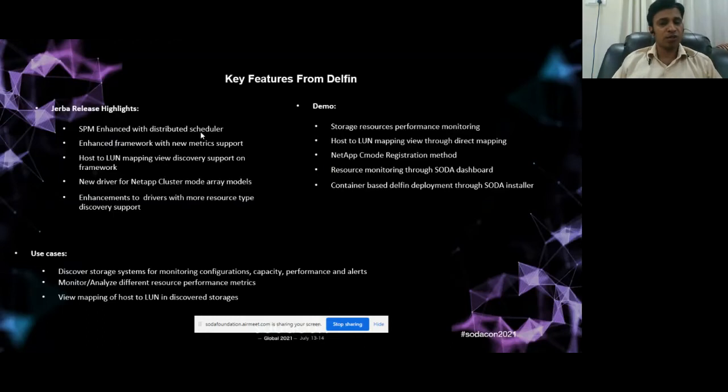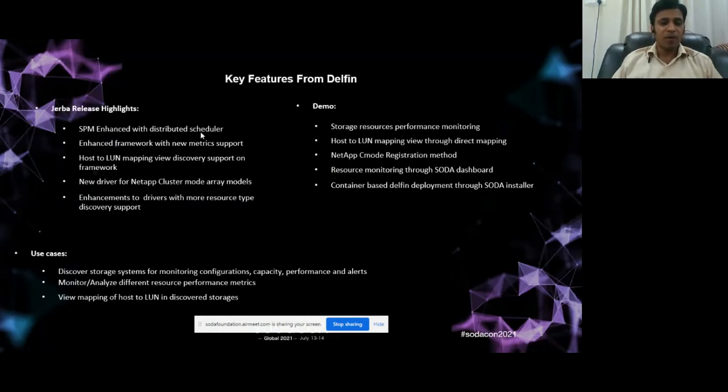So all these resource-level metrics can be supported. Apart from that, the framework is enhanced to support host to LUN mapping views. So how storage host and LUN are mapped, that view can be discovered through Delfin.